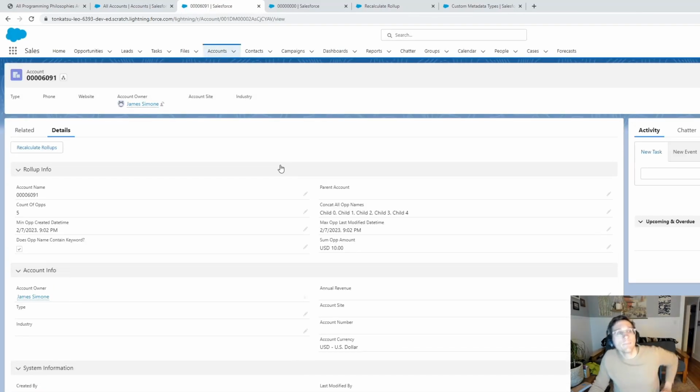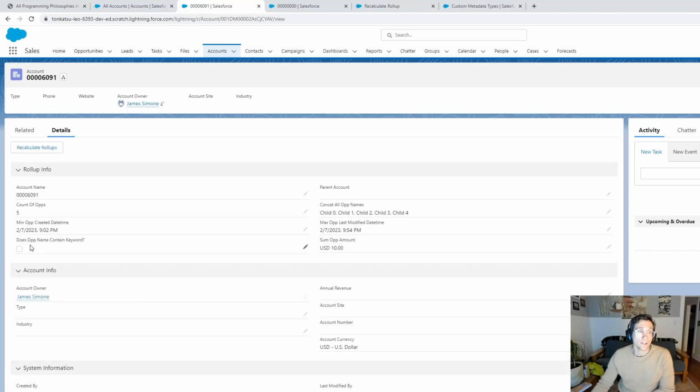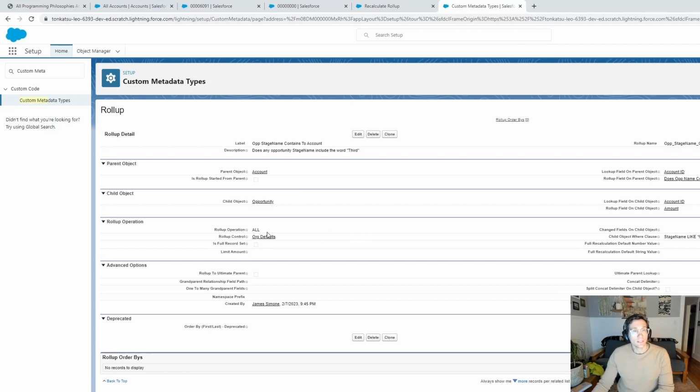So let's go back now. I see my little Recalculate Rollups button. I'm going to click it, and just like that, the value is false. So to recap for this one, I changed the rollup operation from some to all. And because I also updated the stage name of one of my child records, the rollup operation for all is no longer true. Every stage name is not